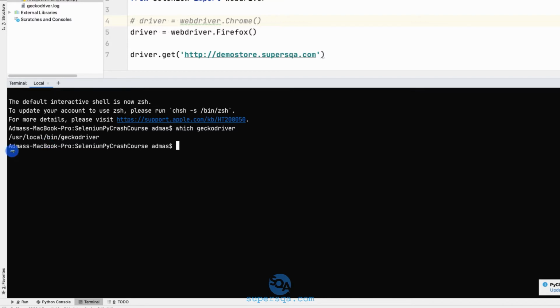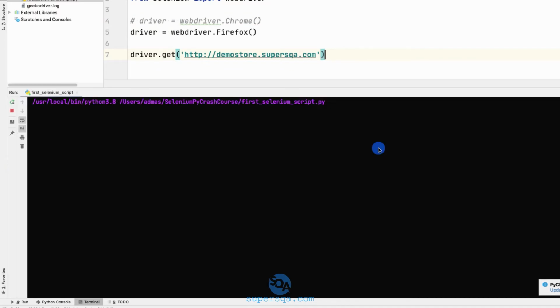Okay. So right now I did which Gecko driver. On Windows, that will be where Gecko driver. And it just showed me it's in this location. So I'm going to remove that. Actually, I'm just going to rename it. Okay, and so now it's not in the path. So Selenium should fail, just like we saw it fail for